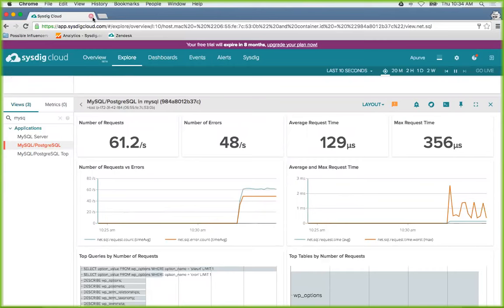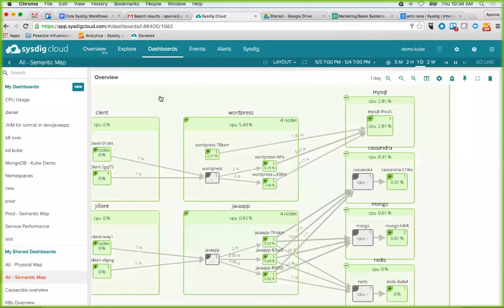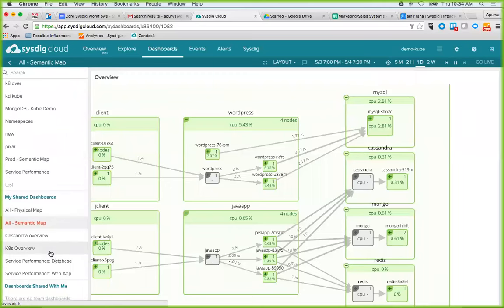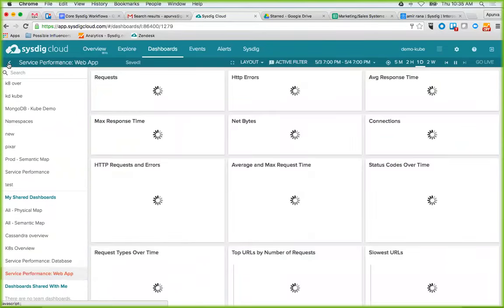All right, so what you just saw is how container vision enables you to instrument a system and see deep inside the containers with what we call passive instrumentation. Let's hop back to our more complex environment, which is the Kubernetes orchestrated environment, and show you a few more things. Okay, so first of all, just like we were talking about the services before, we can get a service performance dashboard here